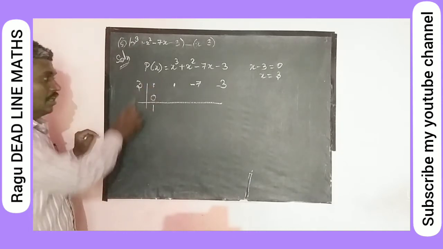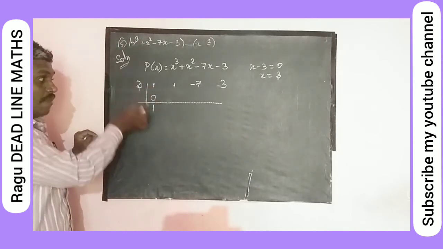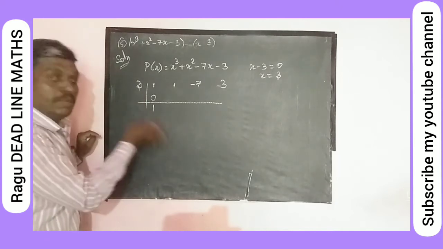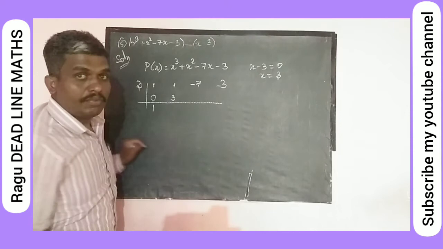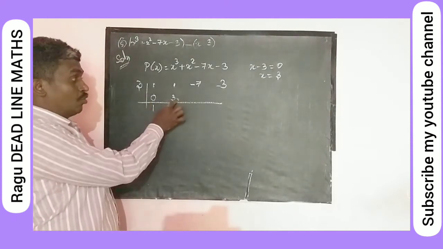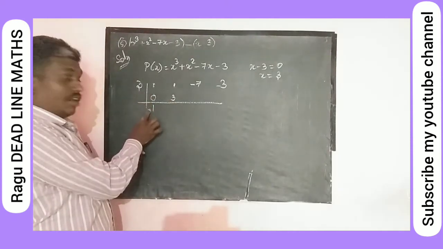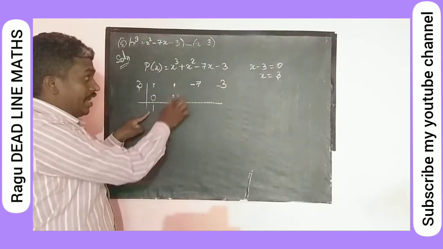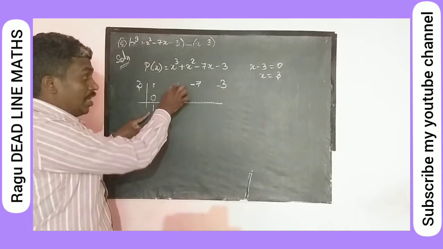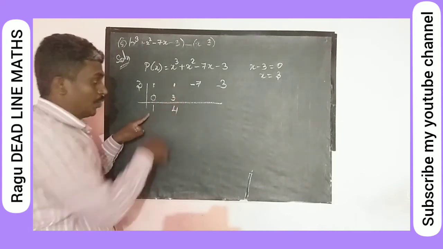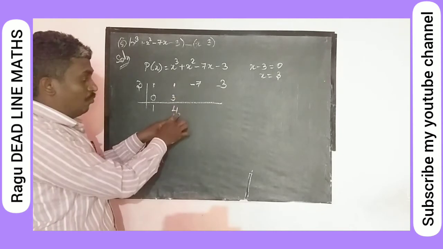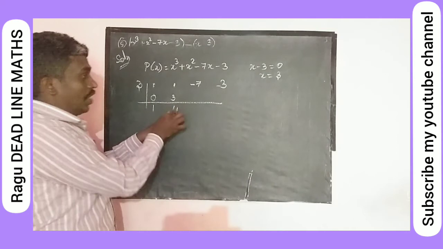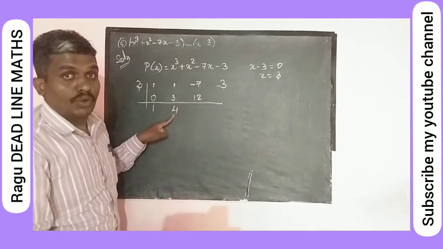Addition. Then now multiply these two terms. See, 3 into 1, 3 ones are 3. That answer you should write here, in the next term. And again you add this: 3 plus 1 is equal to 4. Okay. So now you will multiply these two values. 4 3s are 12.